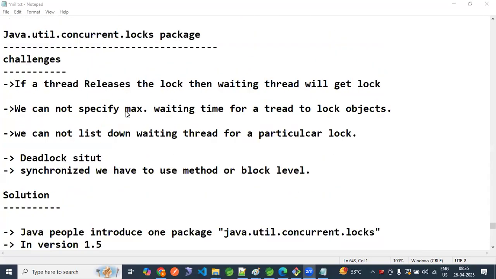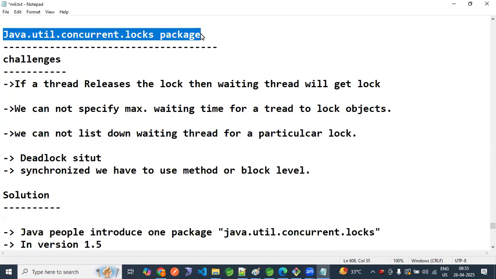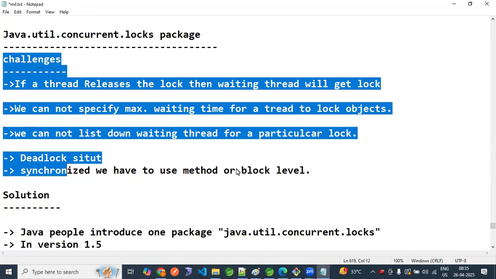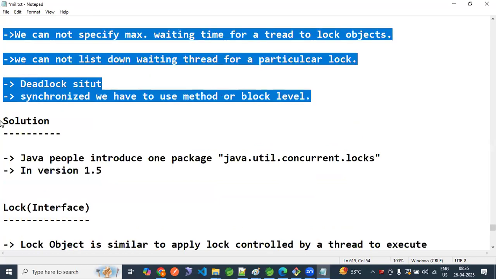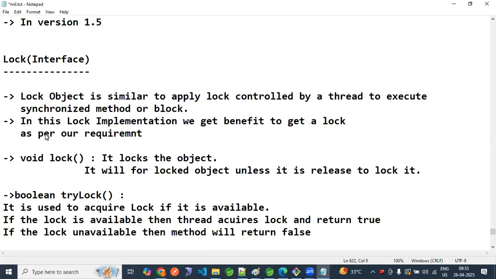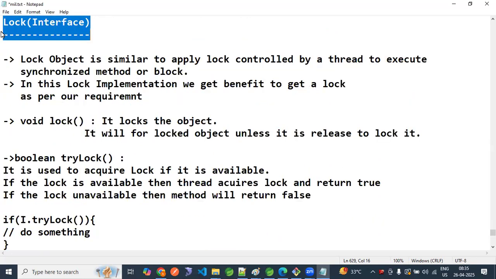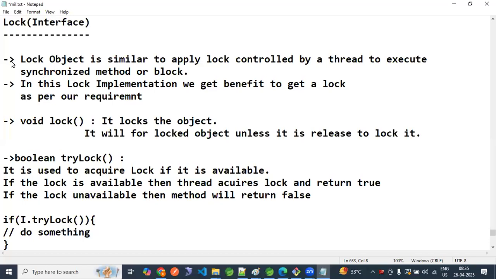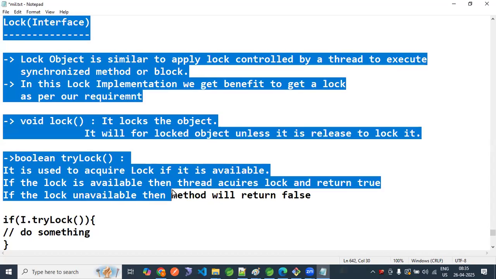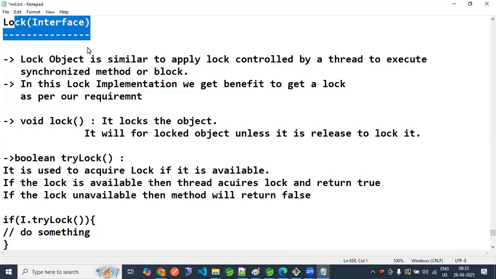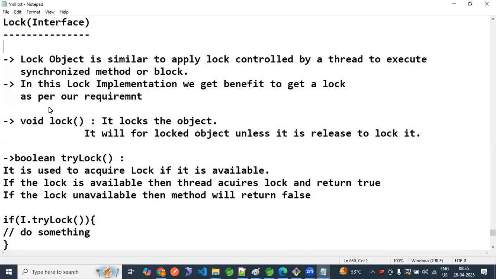We are into multi-threading, advanced multi-threading, the java.util.concurrent packages. In the previous session we discussed the challenges of the synchronized keyword, and as a solution we are looking into the Lock interface. If something is an interface, we want some implementation, and implementation can be done in a class. So if this is the interface, what is the implementation class? In the implementation methods we have discussed